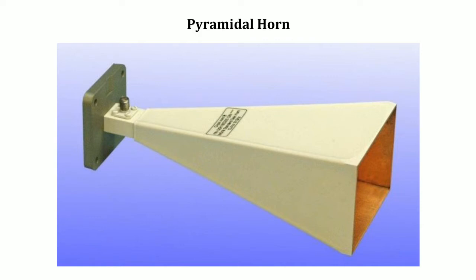But at the opening of the waveguide, if there is no flaring, or we can say if there is no horn, then the waves coming from the waveguide will reflect back. This causes some hazardous effects on the transmitter. That is, it may cause standing wave ratio, that is SWR. There will be so much wasting of energy, loss of power, and possibly overheating of the transmitter. And so all the waves coming from the waveguide to travel in space will not be transmitted into space.